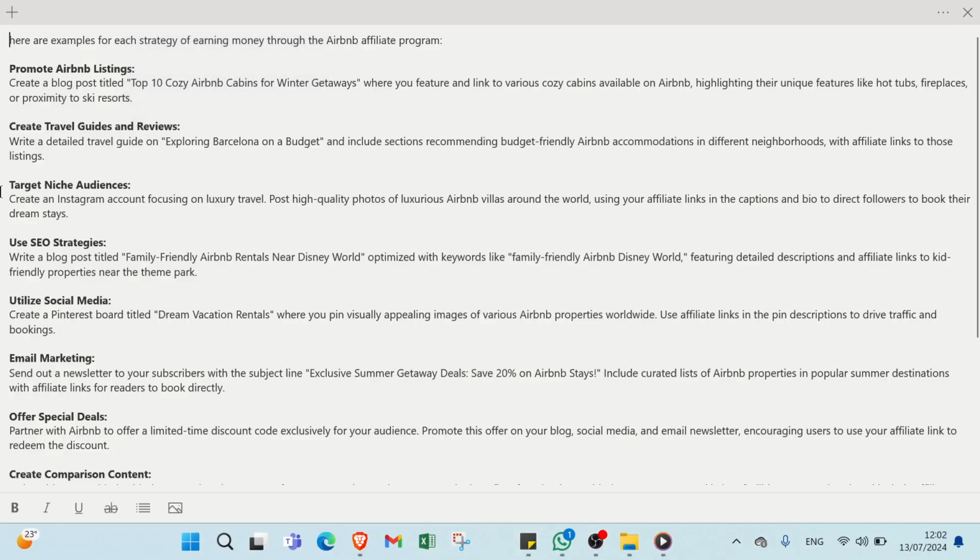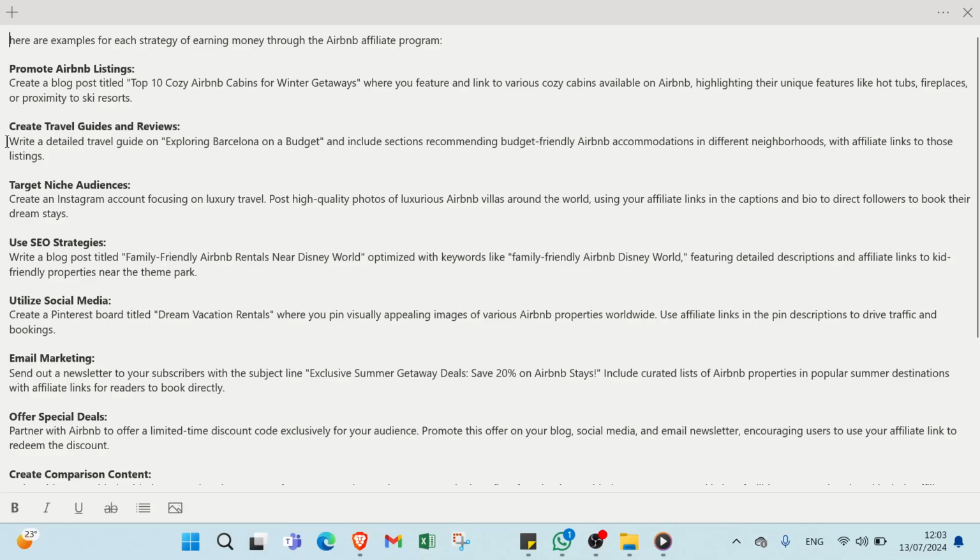Here we have some examples for each strategy of earning money through the Airbnb affiliate program. First, we have promote Airbnb listings. Create a blog post titled Top 10 Cozy Airbnb Cabins for Winter Getaways, where you feature and link to various cozy cabins available on Airbnb, highlighting their unique features like hot tubs, fireplaces, or proximity to ski resorts.